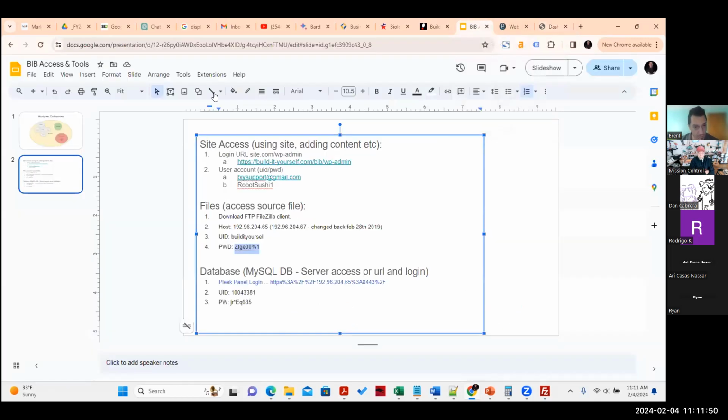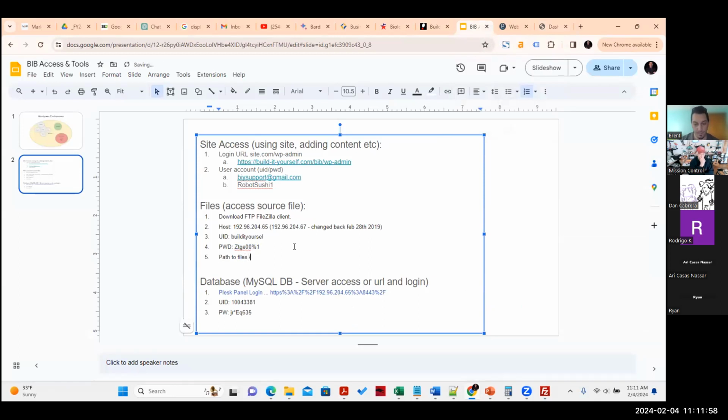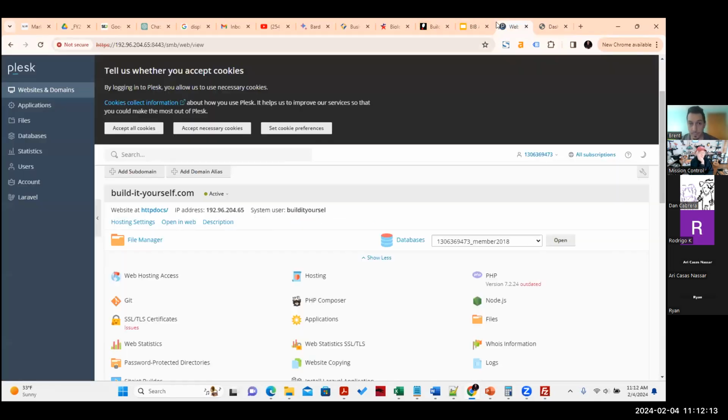So in my notes, I'm gonna say path to files, because that will be relevant for somebody that doesn't know this, right? BIB, oh, HTTP docs. And then you want to go to BIB. So that way people know where to go. Next,